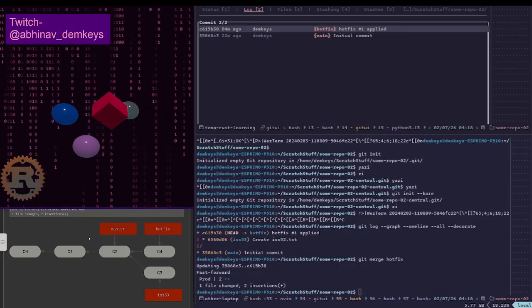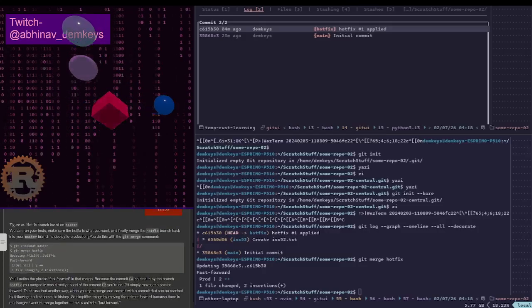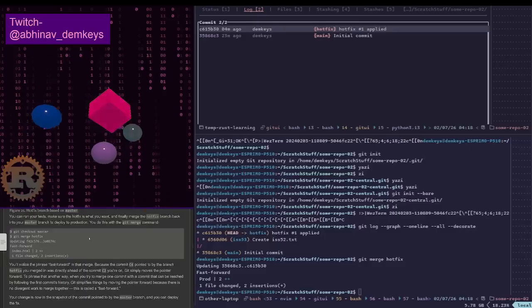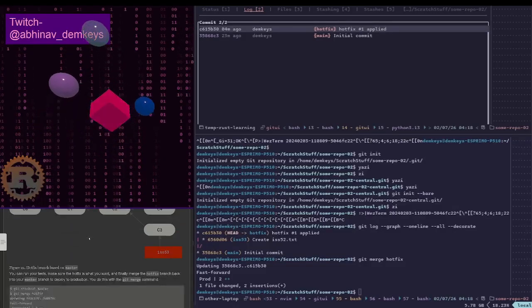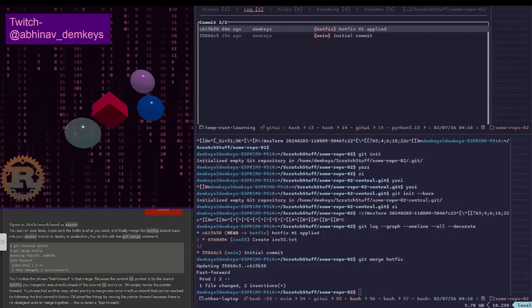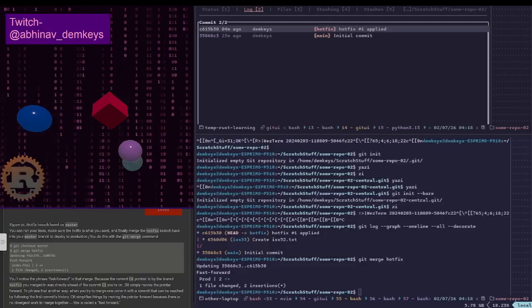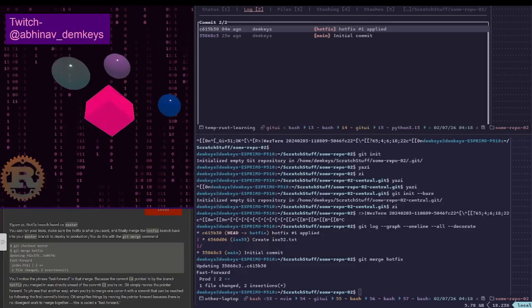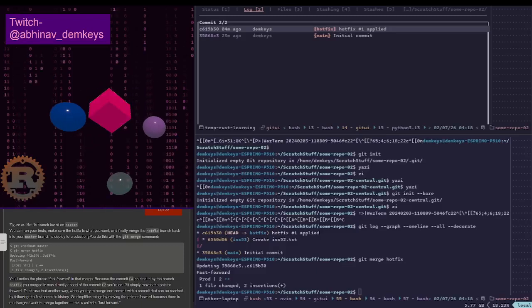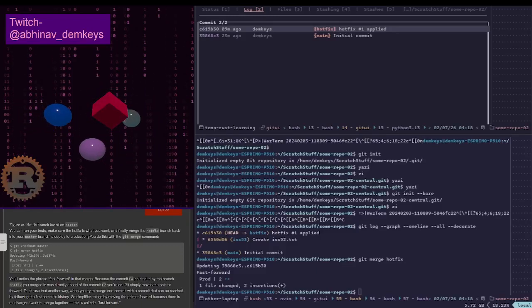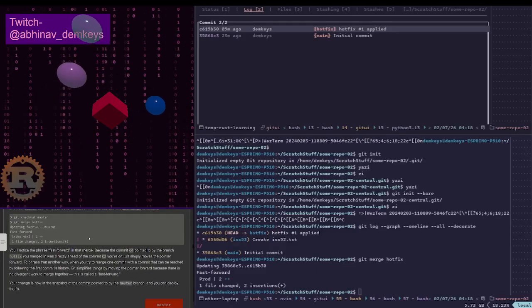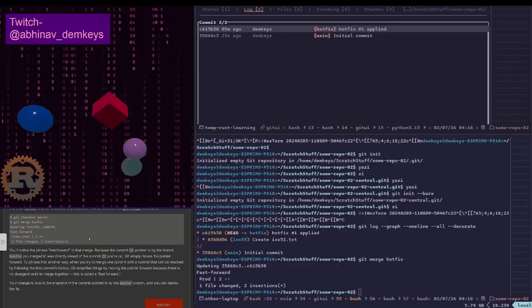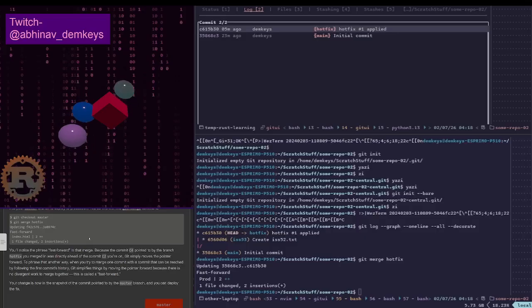C4 is from hotfix. So what is it saying here? Because the commit C4, which is from hotfix, was directly ahead of the commit C2 you're on, Git simply moves the pointer forward. All right. Okay.